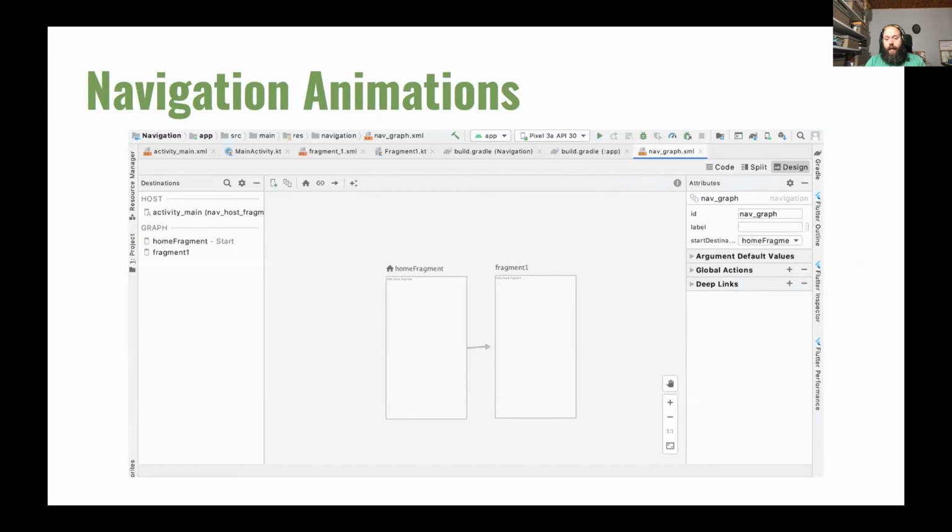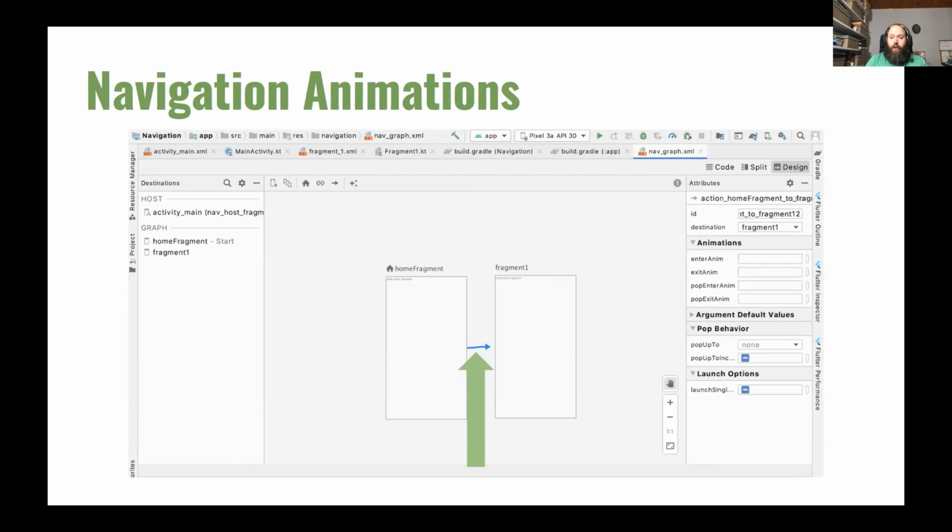I created an action. Basically, you just drag the arrow from home fragment to fragment 1, and you create a destination. It means that SafeArgs will generate the current action, and I just have to call it to move from home fragment to fragment 1.